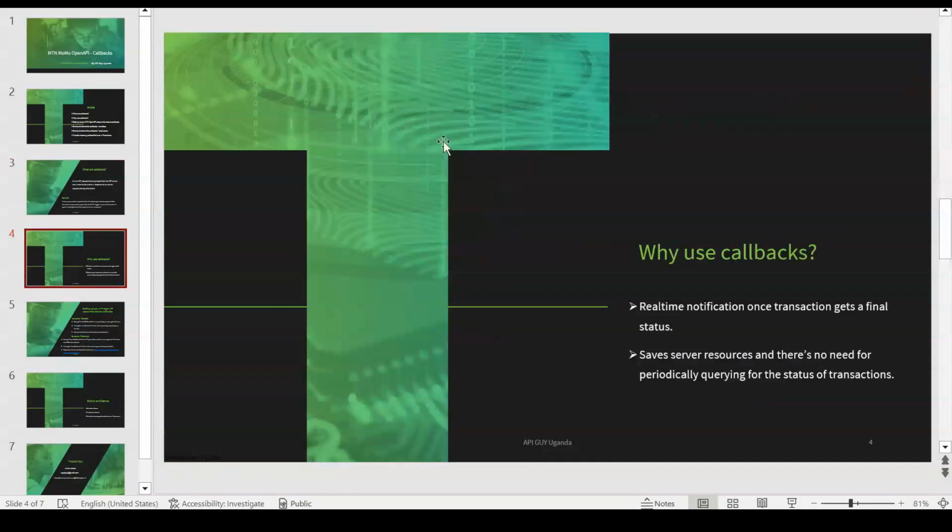So why do we use callbacks? Because most transaction applications always give you an endpoint, which they usually call the Get Transaction Status API, that enables you to fetch the status of a given transaction that you recently posted. So why bother with callbacks? There are basically two reasons as to why